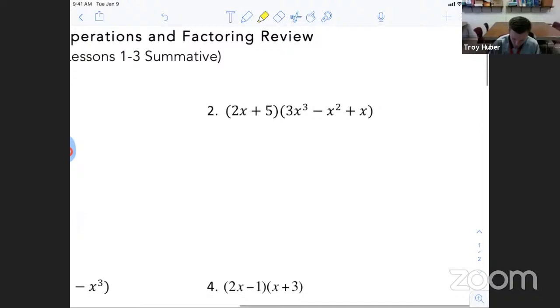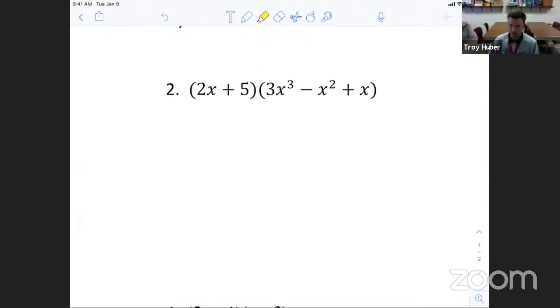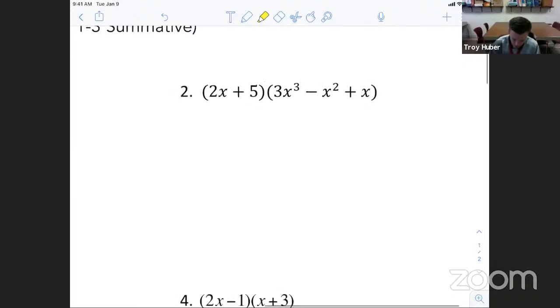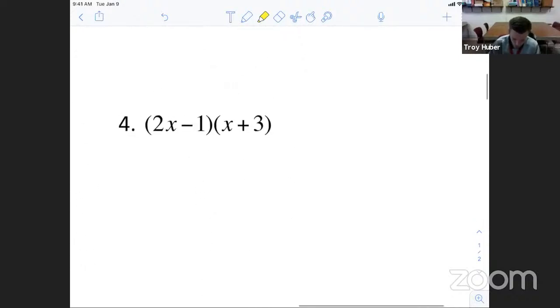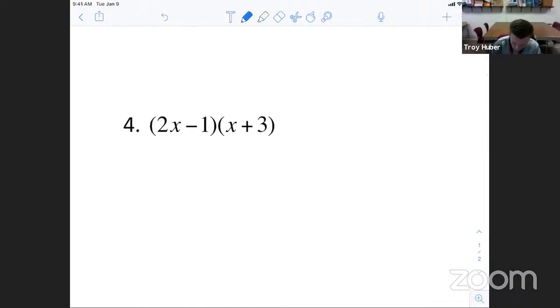All right, let's look at number 2. This one's a little different. Now we are multiplying. Whenever you're multiplying, you have to multiply all of those parts together. So it might be a little bit easier for us if we first look at number 4. So let's go to number 4. Number 4, we learned